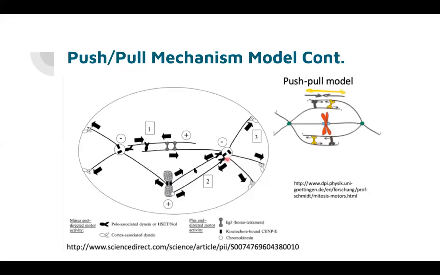So for the push-pull mechanism, you want to think about how the cell has to align these chromosomes properly with the sister chromatids. It does that by balancing tension with push and pull mechanisms. If I remember this correctly, you have dyneins that are minus-end directed, and then kinesins, which can be minus-end directed or plus-end directed. Those are going to be pushing and pulling along the microtubules